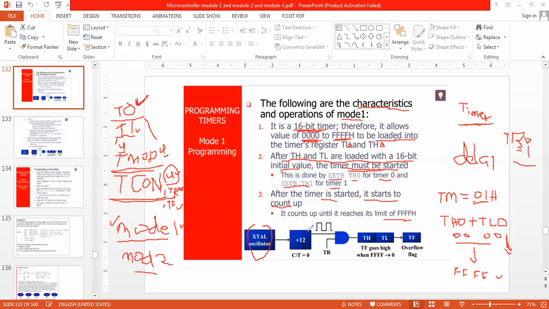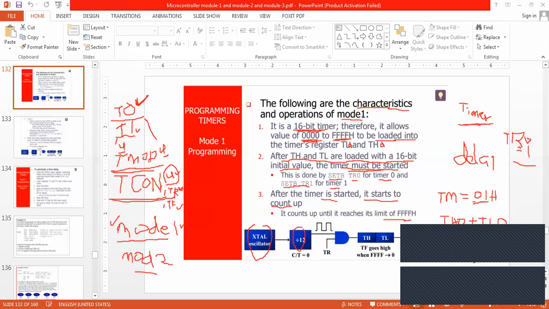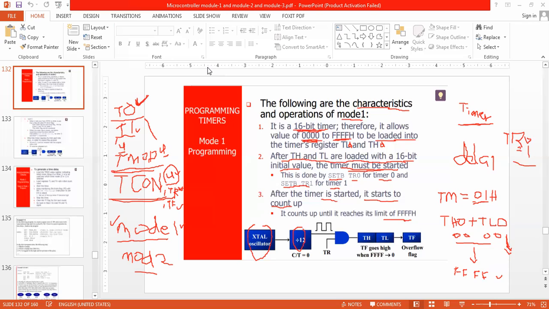Crystal is given inside, and there is a circuitry inside the 8051 which divides by 12. So it is going to generate one machine cycle every time.